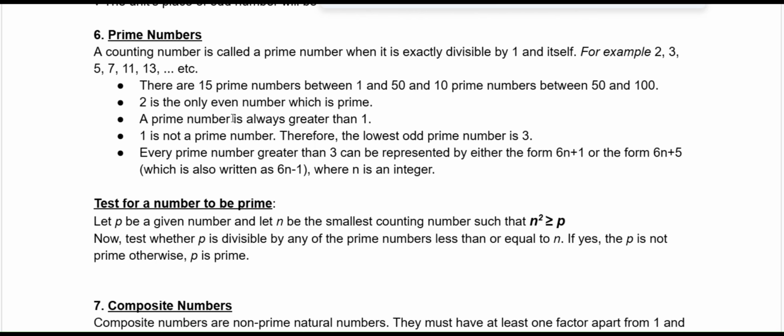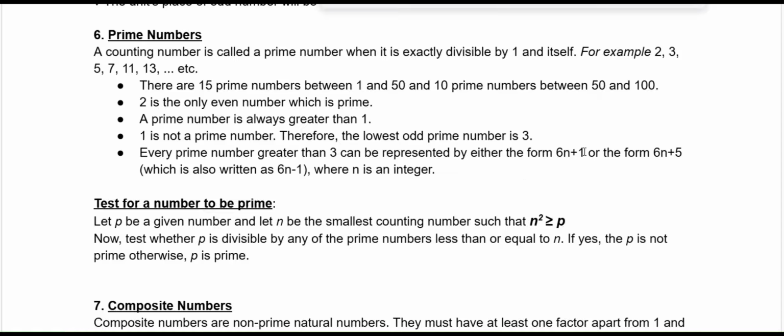A prime number is always greater than 1, and 1 is not a prime number. The lowest odd prime number is 3. So we have seen 1 is not a prime number, 2 is the least even prime number and the only even prime number, and 3 is the lowest odd prime number. And after 3, if you want to represent any prime number, it will be